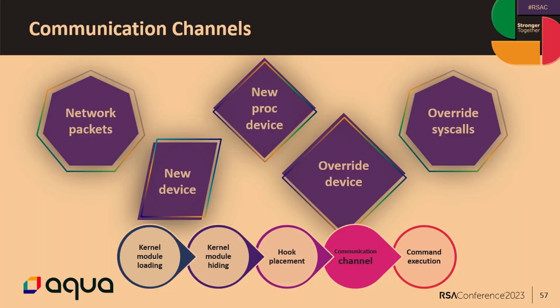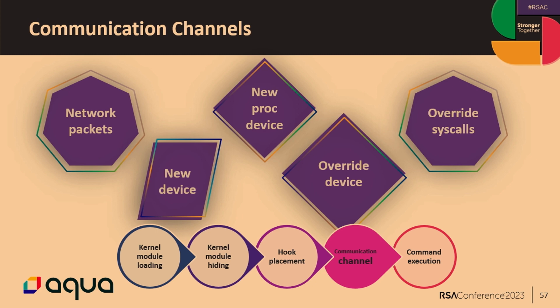So we've seen so far a loading of a kernel module, and now we are able to capture them. We've seen how kernel modules are able to hide themselves, and we've seen two types of hooking, or three types of hooking, including the sequence operation hooking, in order to hide artifacts.